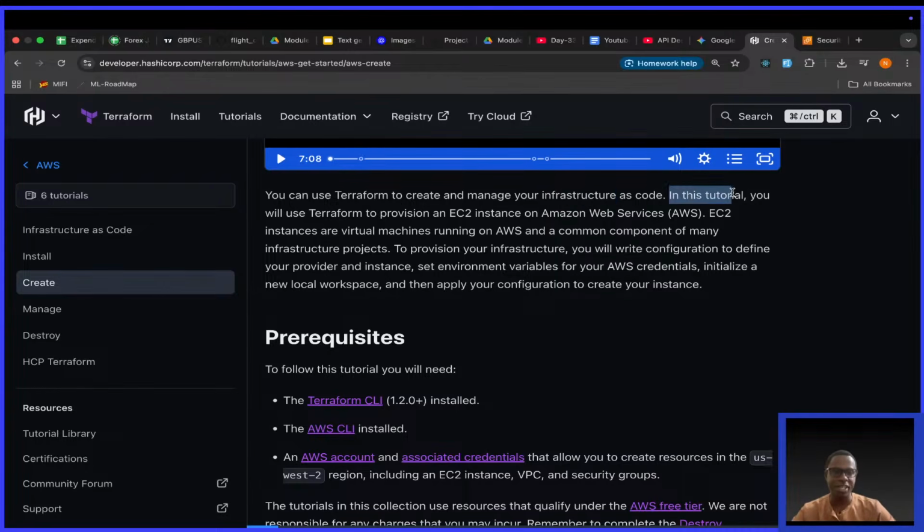So they're saying in this tutorial, you will use Terraform to provision an EC2 instance on Amazon Web Services. Then they're saying EC2 instances are virtual machines running on AWS and a common component of many infrastructure projects. So instead of us